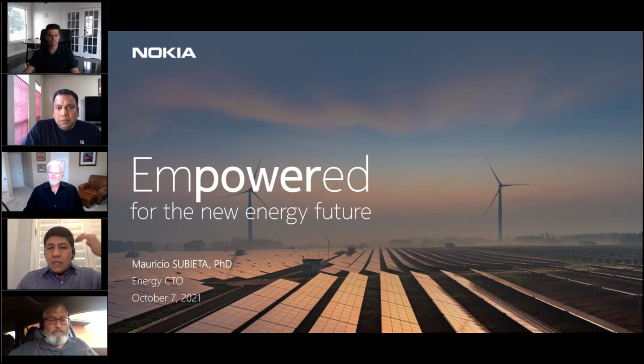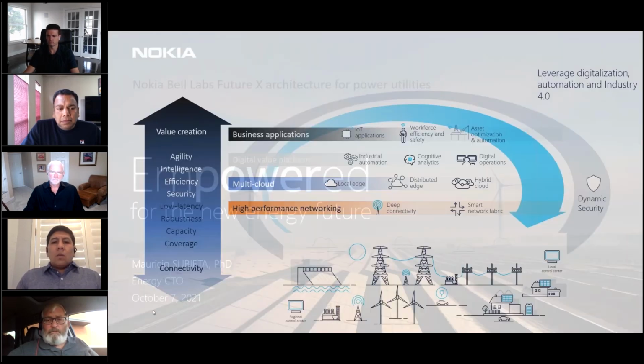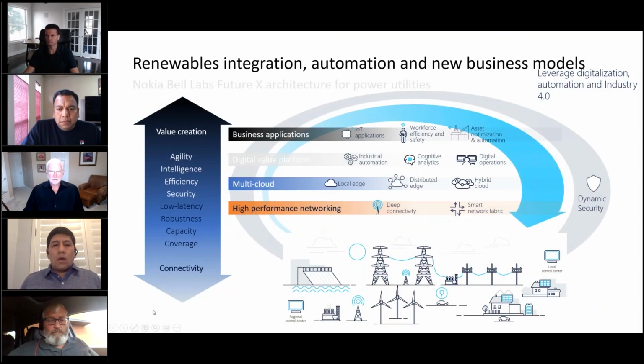So if you go to the next slide, one of the things that we've been doing is working with Bell Labs. Bell Labs is part of the Nokia family of companies, and they've done a lot of research, and they keep moving research forward. One of the things that they've done is define an architecture for the next 10 years. That's what we call Future X. And in Future X, the X stands for the next 10 years, it really looks at how utilities are going to work